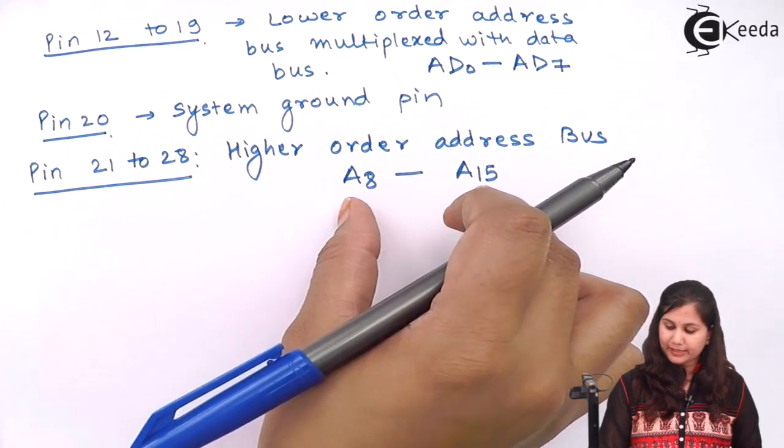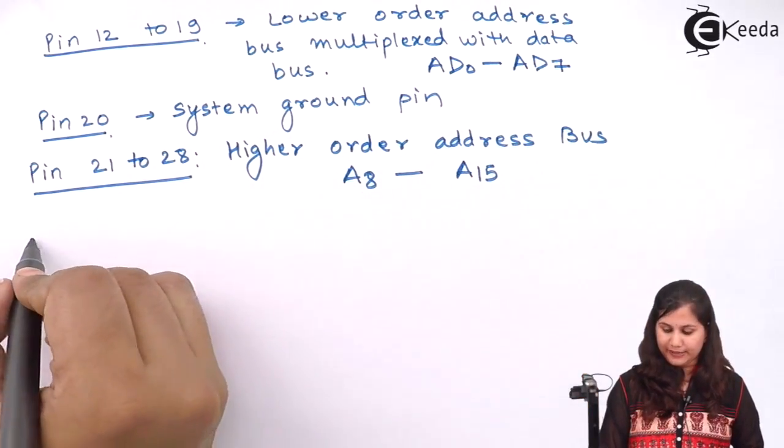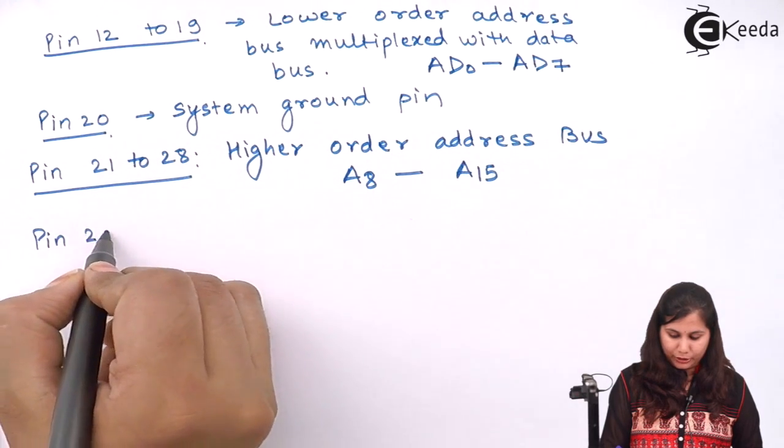These are 8 bits and these are 8 bits, combined forming the 16 bits of the address bus. Now pin number 29,